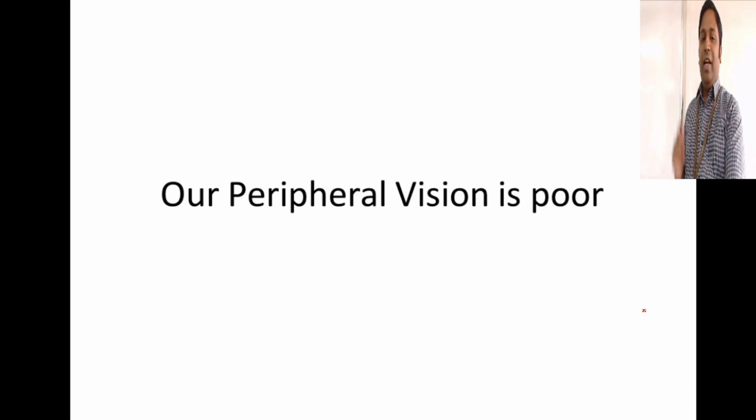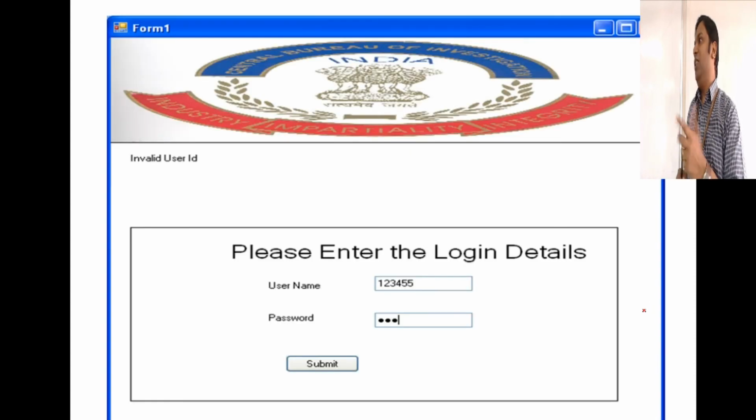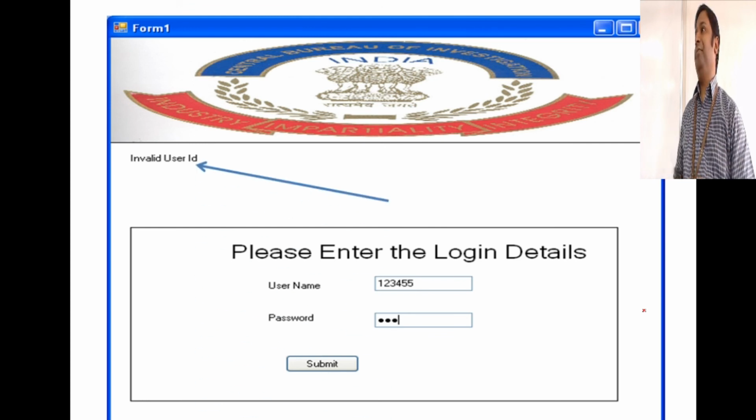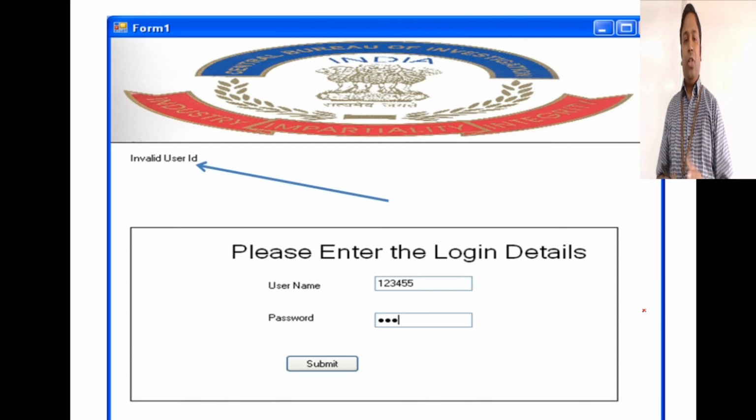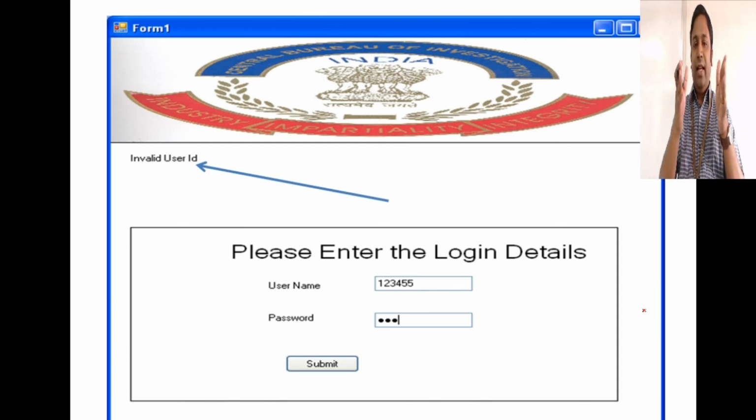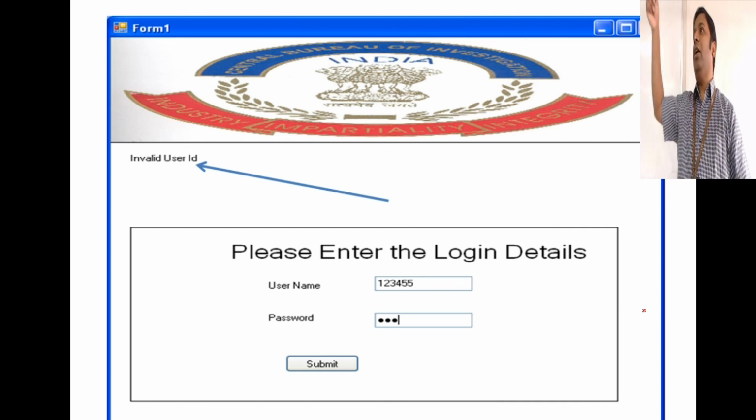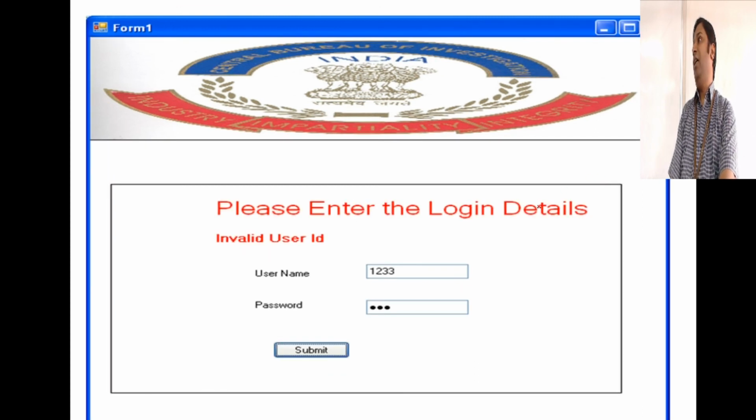So why this is very important is, say I have designed this form and I have displayed an error message here. Where is the error message? What users do is they will be just looking at the submit button and that particular text box, because that's where their exact vision is. And one common mistake for the past 10 years I have been seeing with students: where is the error message? On the top, on the corner, somewhere. You drag it and see. So that is where the error message should be.